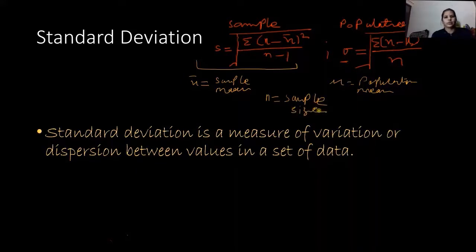So values of standard deviation indicate the spread of data around the population mean. If we get small values of standard deviation, that means the data is clustered around the mean of the population. And if we get large values of standard deviation, that means data is well spread around the mean of the population. And it is a good data set to produce a normal distribution curve.